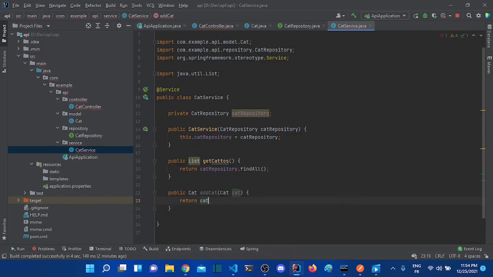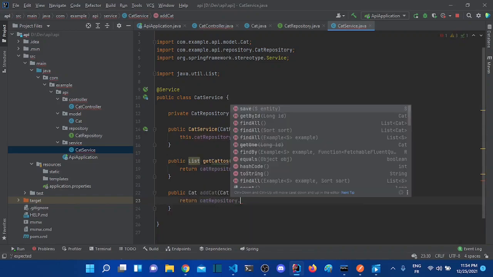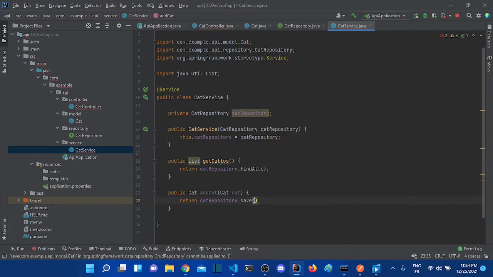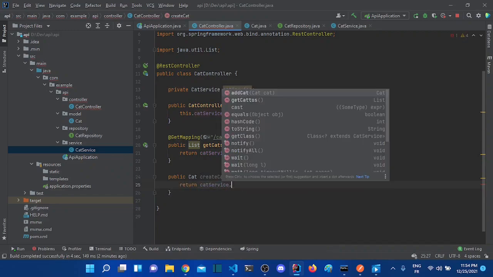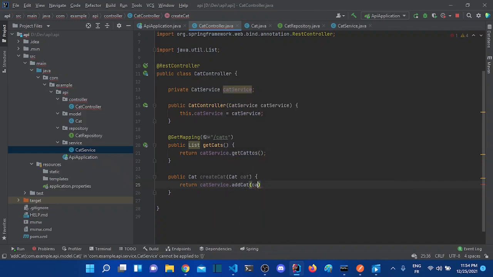We have a method called save that will automatically save a new cat that it will receive, and I think that works. Okay, so now we will just return cat service dot add cat, and we'll pass in the cat,